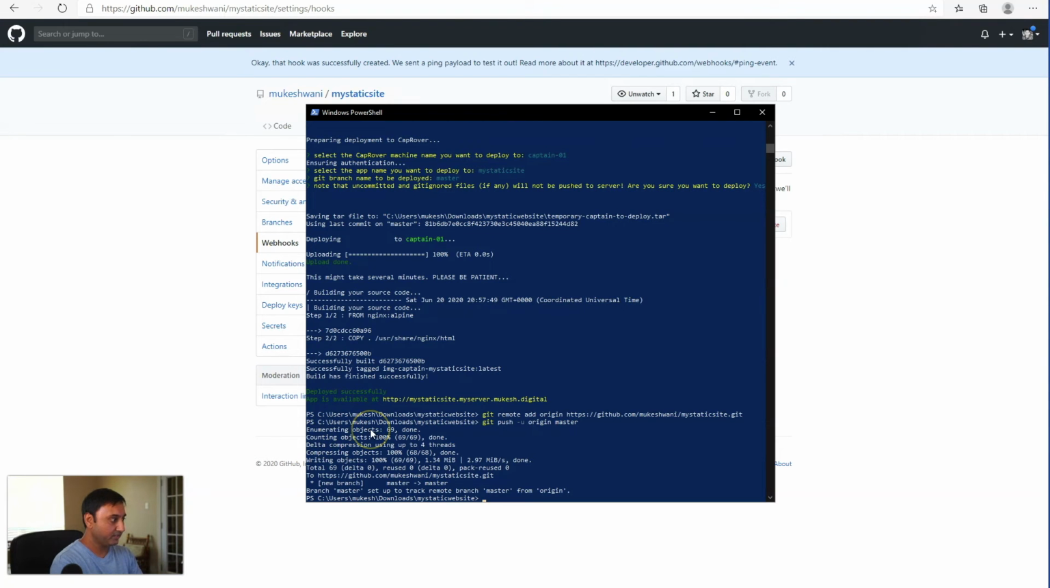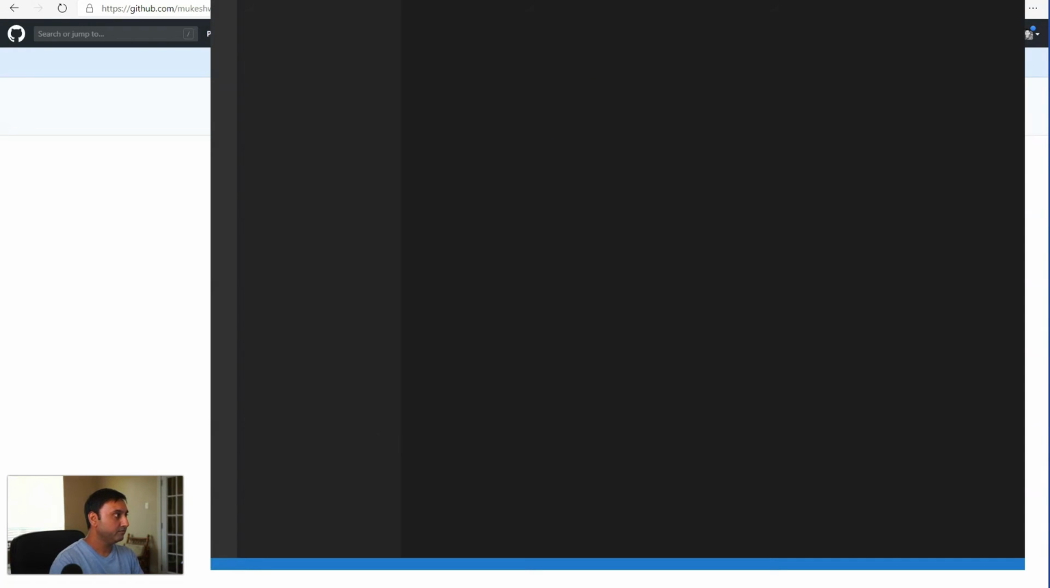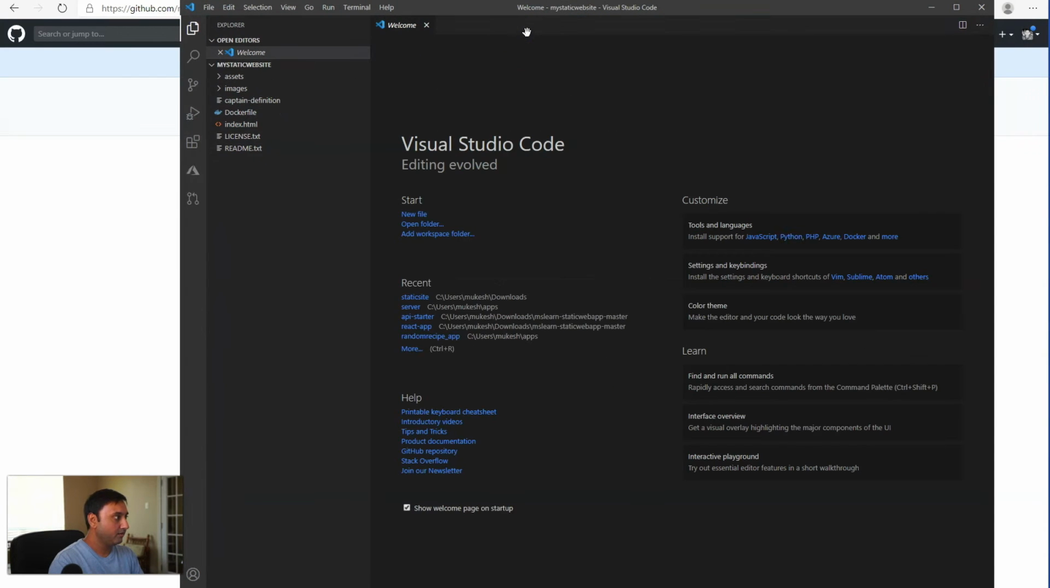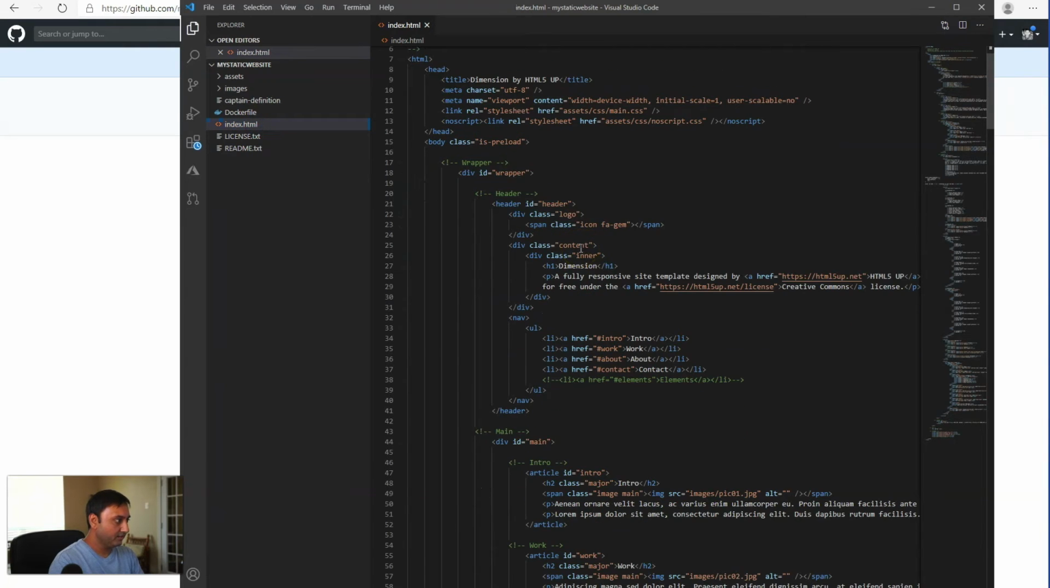So on our website, let's open this up in an editor. And let's come inside here and let's modify a couple of things. Let's modify the title. Say dimensions on CapRover, and then we'll just modify this H1, CapRover site. I'll hit save, and